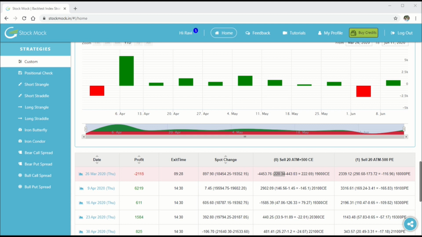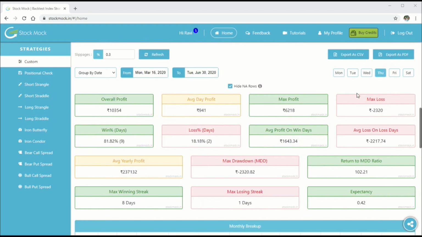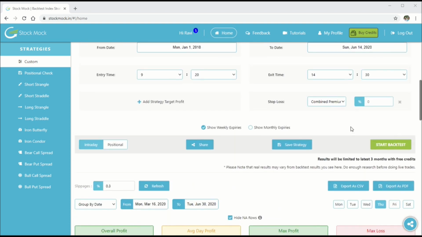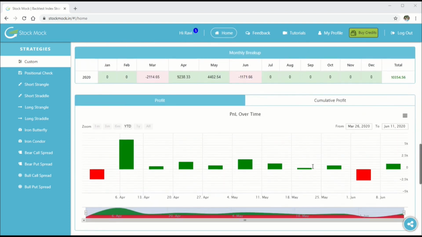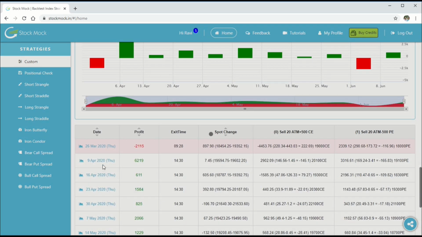Apart from having said all these things, Stockmark has one cool feature to analyze how your strategy would have performed if you do not have any stop loss or target condition. Just click on this particular date, and for now this is available only for intraday strategies.